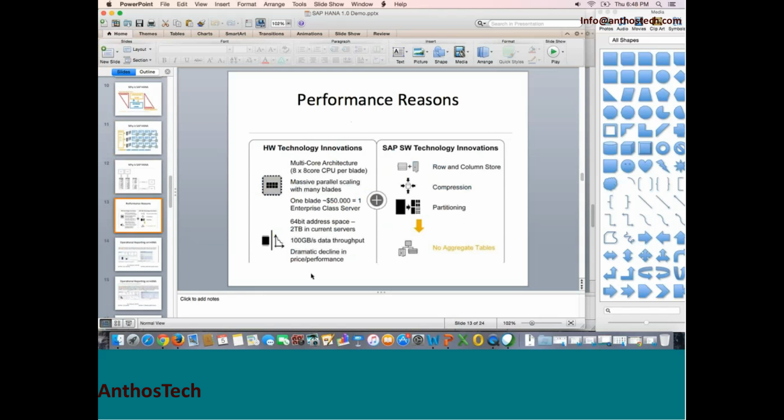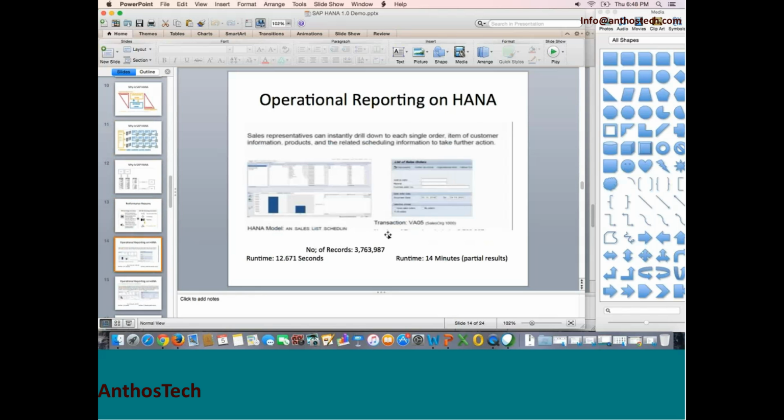Okay, all these are software improvements and hardware improvements, because of which HANA is very fast. So this slide gives you an example of what is the difference between a traditional database and a HANA database. Sales representatives or sales operatives have a transaction called VA05 in SAP. SAP, when sitting on a traditional database,